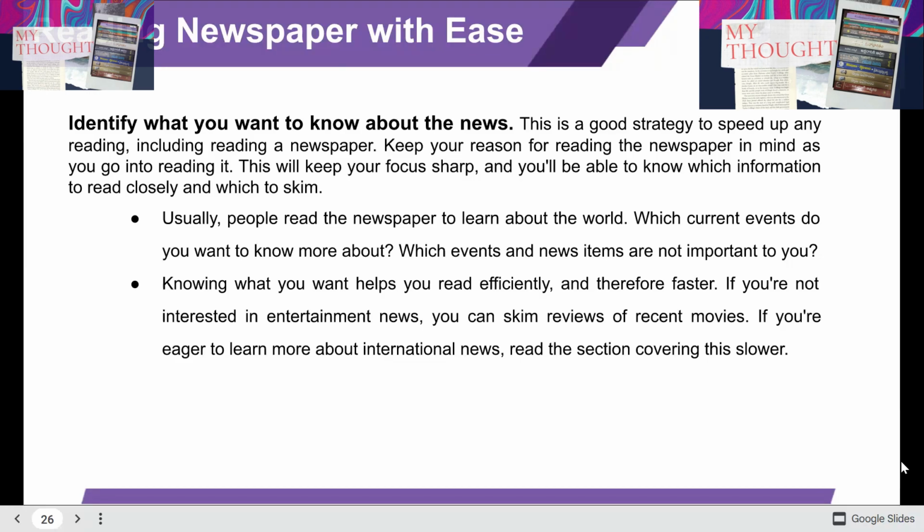Okay. So I was on reading the newspaper with ease. How do you read the newspaper with the best understanding? You people had shared that when you are reading something, you get stuck at one word and then you lose your interest because you are not able to comprehend it. So instead of leaving that thing or starting to google the word, what you can do is keep on reading,